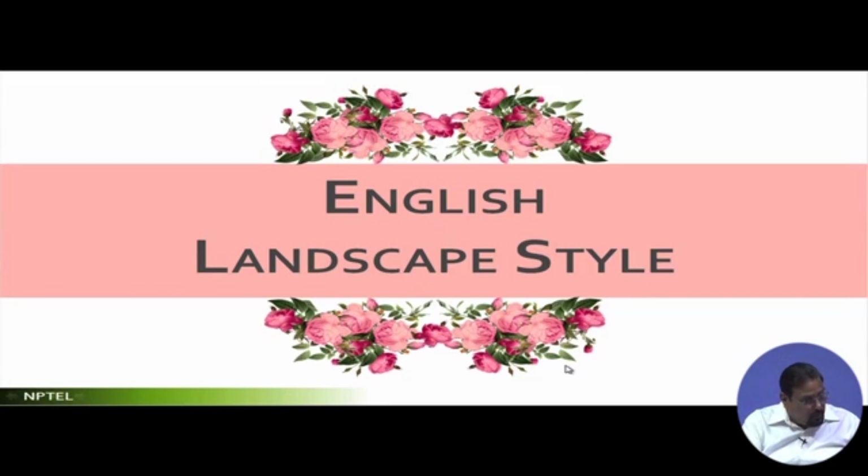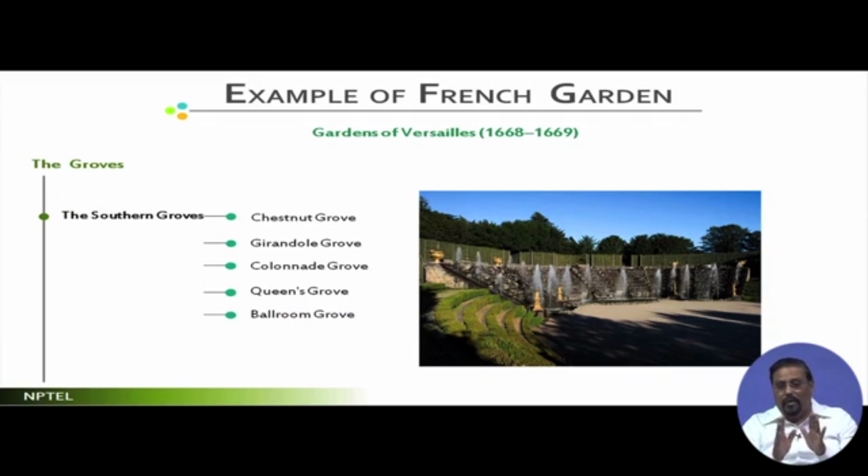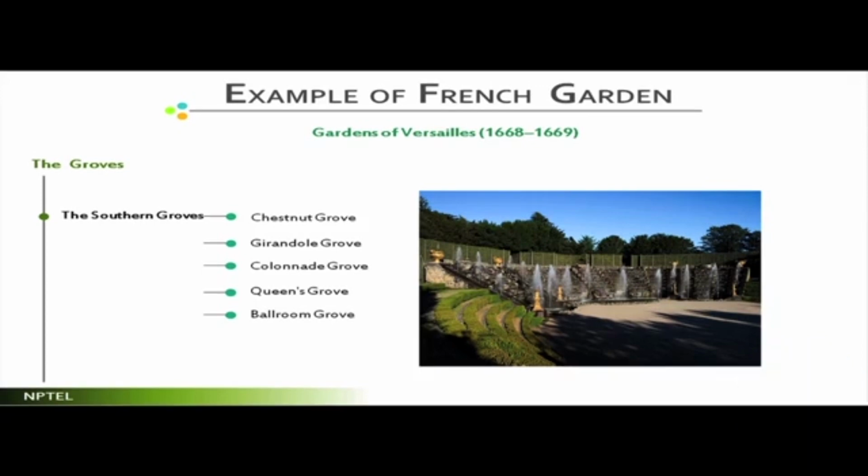Okay. Now, before I go into the English landscape styles, let me conclude the French landscapes, then I will come to the English landscape styles. Essentially, what we have learned from the French landscape, first of all, one thing is very, very clear: the French landscape was almost a carryover of the Italian landscape. So, there was a strong influence of the Italian landscape on the French landscape. Then the French landscape also introduced certain elements which were not very distinct or dominant in the Italian landscape styles, and they were essentially